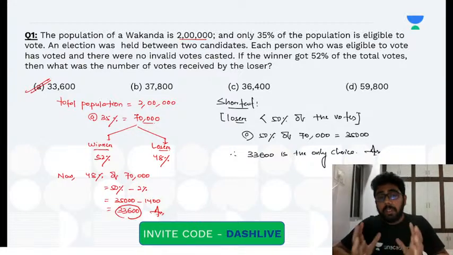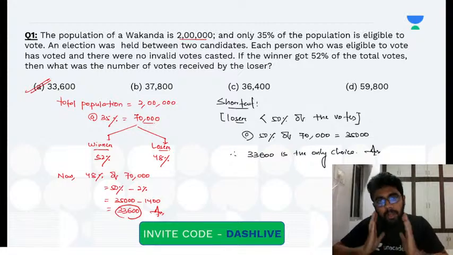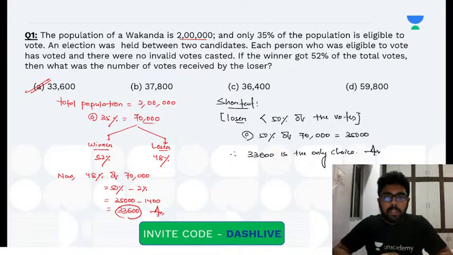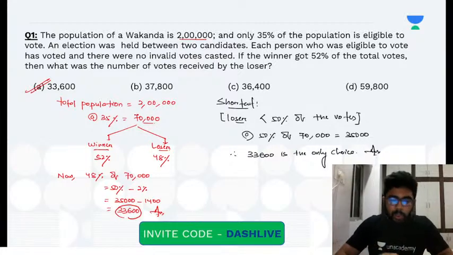I'm not saying every question in the exam will be like this, but you have to have an open eye for this. There will be 1 or 2 questions which will be like this. If you can pick that, you'll save a lot of time which you can use in some other question. Then that has to be balanced. In some questions we will do it very fast, some questions will take a little more time, but on average it will be like 1.5 to 2 minutes per question. Hope it's making sense.